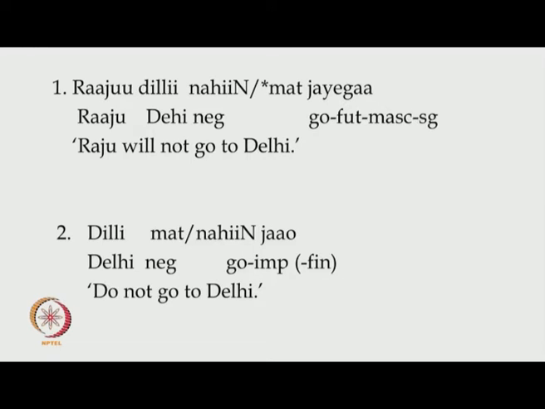So, just two points that I want to make here. Look at the word nahi in the first sentence. It's right before the verb, negating the entire sentence. However, in the first sentence, the use of the negation marker mat is not allowed. In the second sentence, it's all right. So, which one is the more generic negation marker? Clearly, nahi. Mat has a restrictive environment to appear, which is that it appears only in imperative sentences,